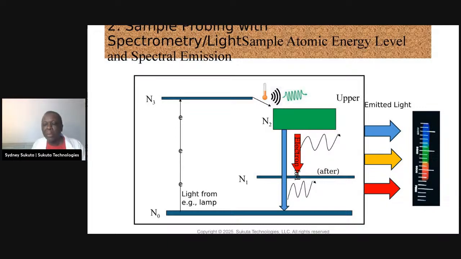Like I said earlier, we also pass light without the sample. So there's a comparison between the spectrum I just showed you and the spectrum without the sample. And then we get information about how much light was transmitted. And that's enough to come up with a lot of diagnostics. Okay.